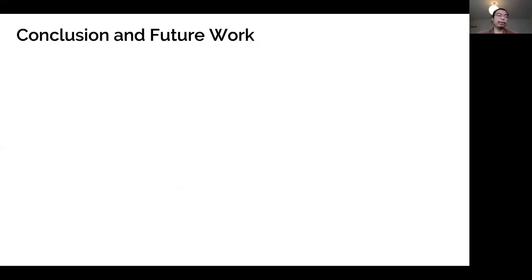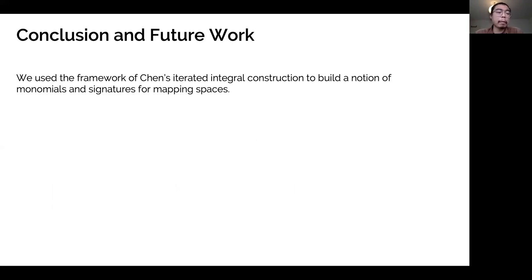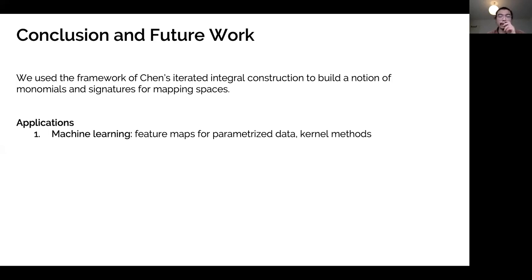And so just to wrap things up, what we did in this work was we used the framework of Chen's iterated integral cochain construction to build some notion of monomials and signatures for mapping spaces. And I mentioned at the beginning that this primarily has applications in two different settings. One is in machine learning. So we hope that with this definition, we can use this as a feature map for parameterized data and develop kernel methods for these types of parameterized data, potentially for